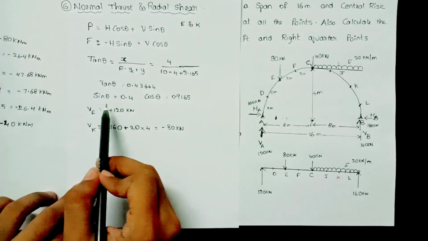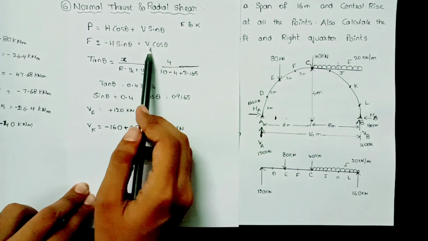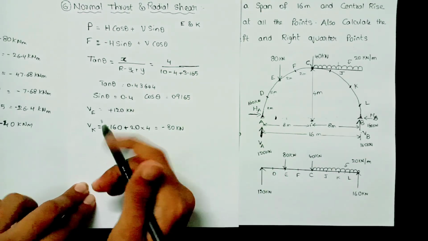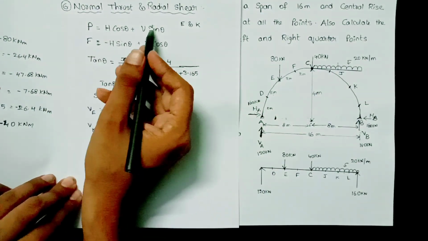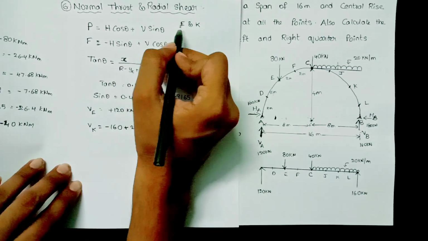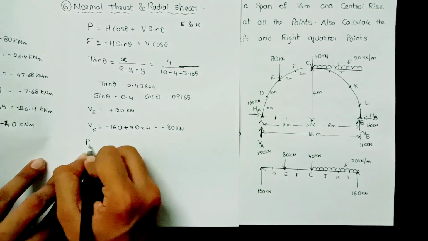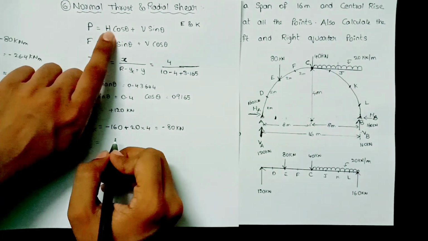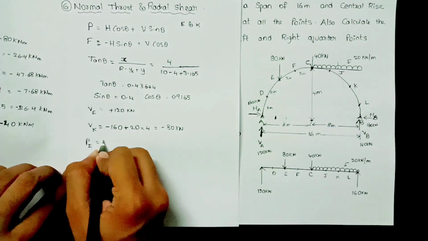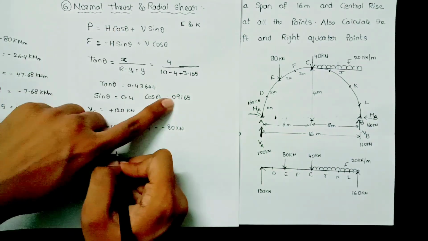So finally we have calculated all the unknown terms: cos theta, sin theta and shear force V. Now simply substitute in these formulas to get the normal thrust and radial shear. First of all, normal thrust at point E, that means PE equal to, here we are having the formula normal thrust H cos theta. H is horizontal thrust which is 160 kilonewton into